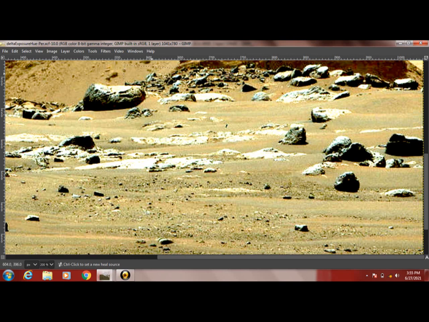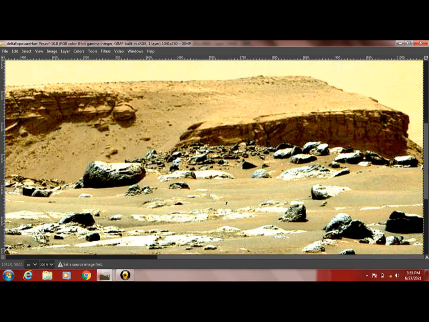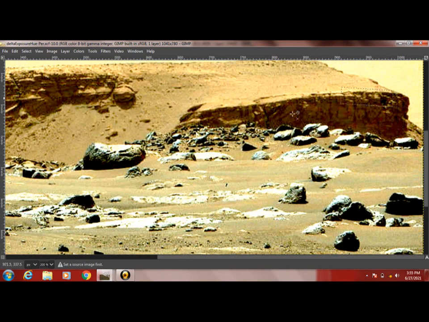All along here, look at this. This is a metallic object in here. And here is that amazing architecture at the side here. Here's another interesting